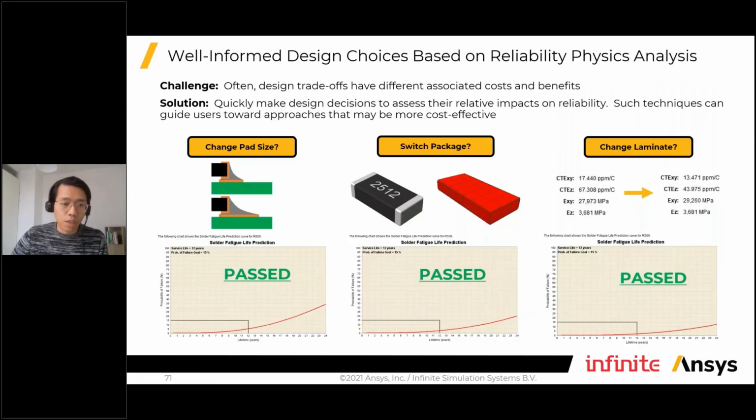And eventually think about different packaging strategies. Maybe we change our pad sizes to make it pass, or maybe we change our packages to another type of package so that we can also pass our criteria. Or maybe we just change our laminations, or use a more expensive lamination material so that eventually it passes. Of course, different strategies will cost differently. And with that, you will have some very solid data to help you decide which direction you want to go to meet the lowest cost while still meeting your goal.